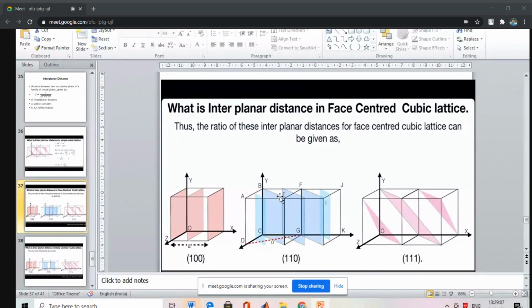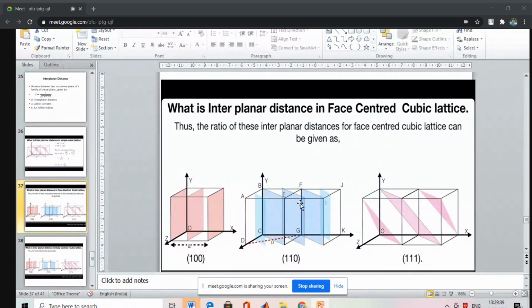Okay, these two were there which pass through the corner of the unit cell. But here you see that one plane is there. Again here one plane is there in between, and again here is one plane. Then see these planes, additional planes, pass through which atoms? Look at this one, where will it go? This will go through the face centered atom of the unit cell. It will go through the face center.